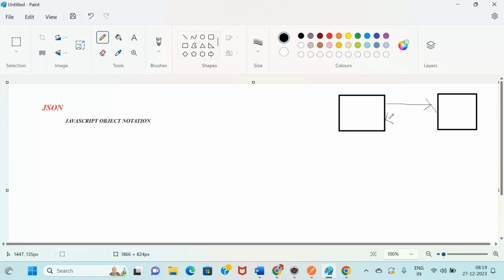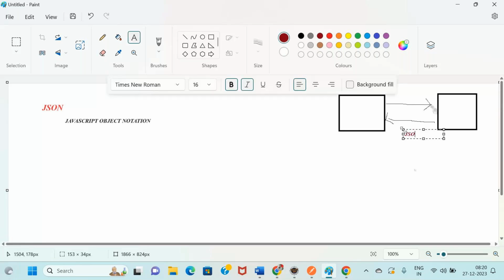To have this communication, we are calling an API. In between, which language are they using to establish the communication? That is nothing but JSON. So we are using JSON as a language to communicate with each other.